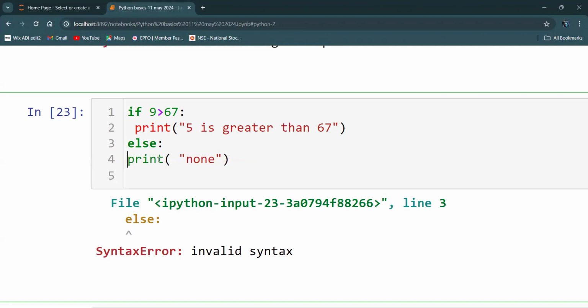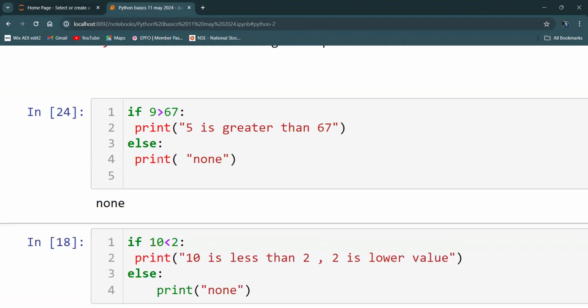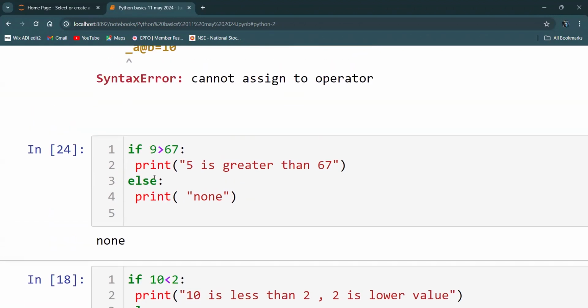Clear? That is why we always say indentation is what we need to follow. For this condition to flow down, there should be a space. Whether this condition is correct or false, we don't know, but the print statement should always be below this condition, with one tab of space. Clear with this indentation or any doubts? I'm clear, yes, ma'am.